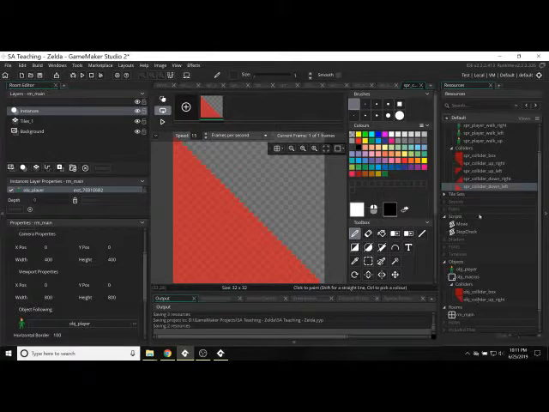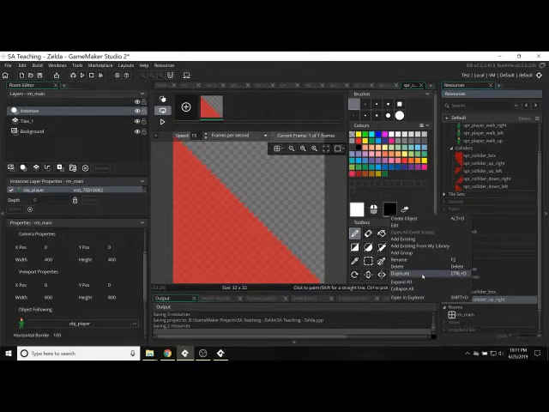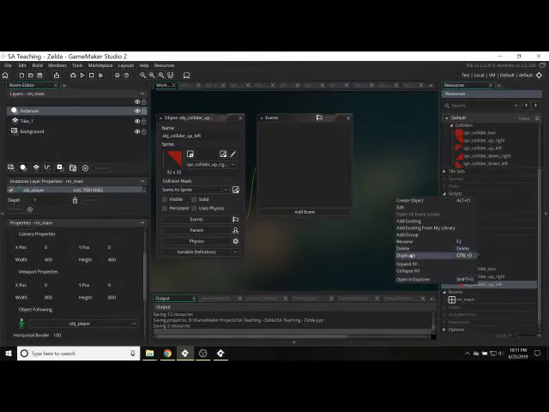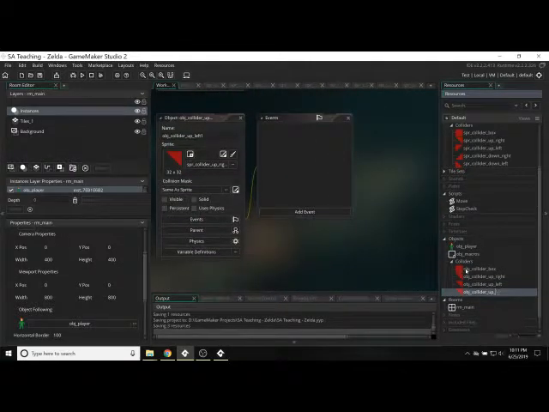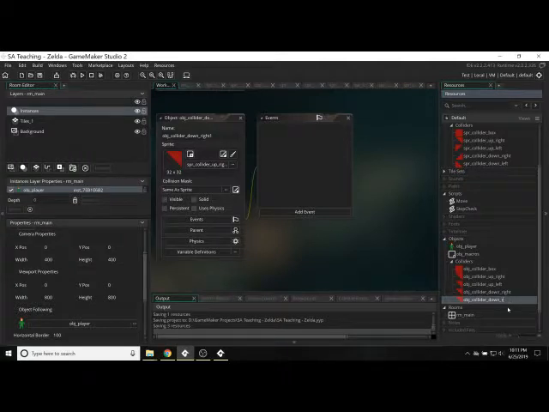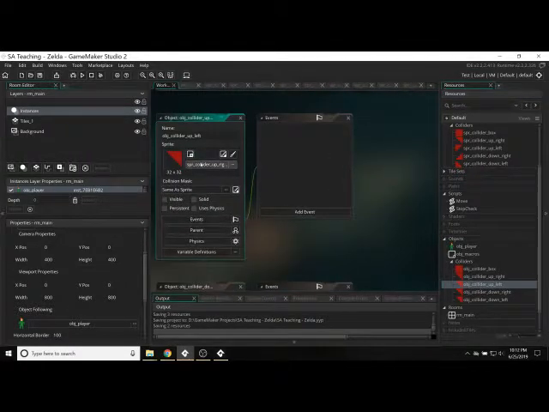Next, I need to create some objects that I'm going to assign to these sprites. So right click here, duplicate, and up left, duplicate again, down right, and duplicate again, down left. And next I'm going to change the sprites that each of these are assigned to. So in this upper left, I just select the sprite